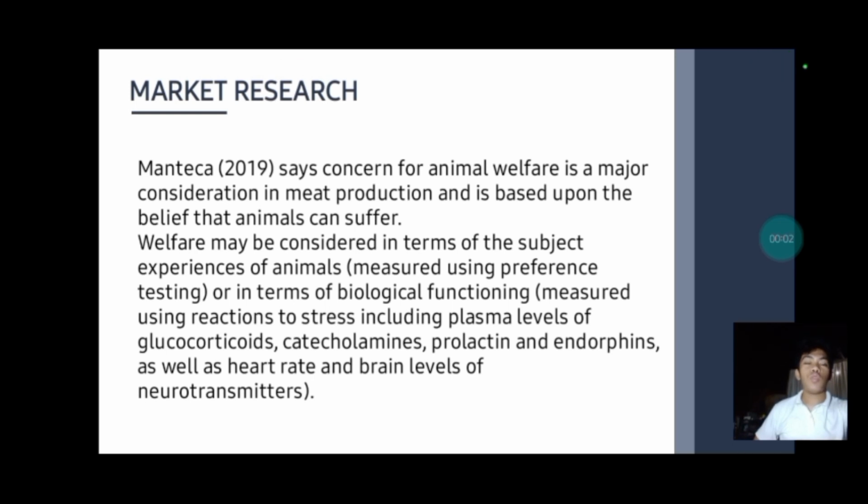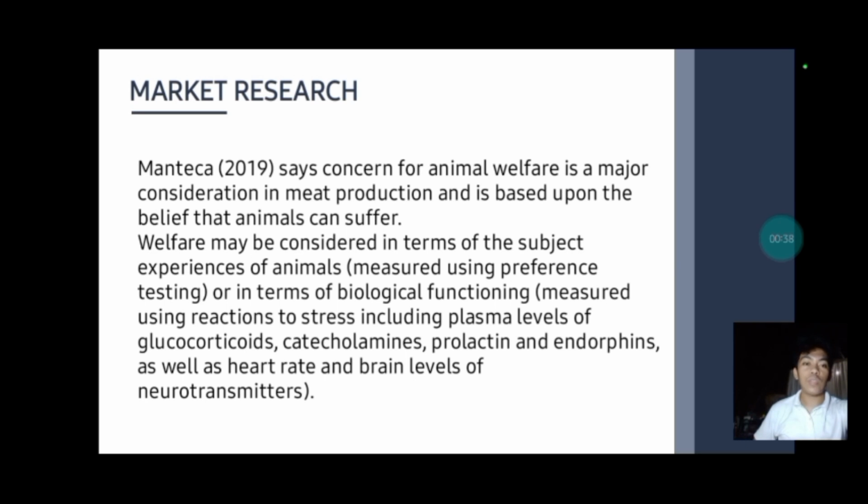Now let's move on to market research. Mantika in 2019 says concern for animal welfare is a major consideration in meat production and is based upon the belief that animals can suffer. Welfare may be considered in terms of the subjective experiences of animals measured using preference testing, or in terms of biological functioning, which is measured using reactions to stress including plasma levels of glucocorticoids, catecholamines, prolactin, and endorphins, as well as heart rate and brain